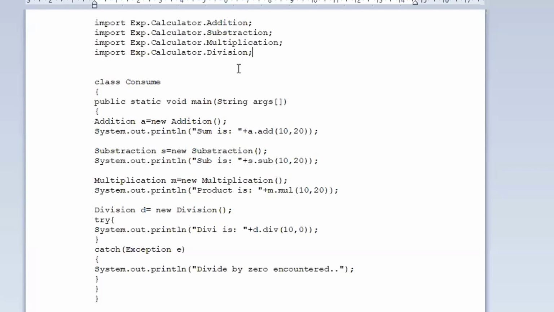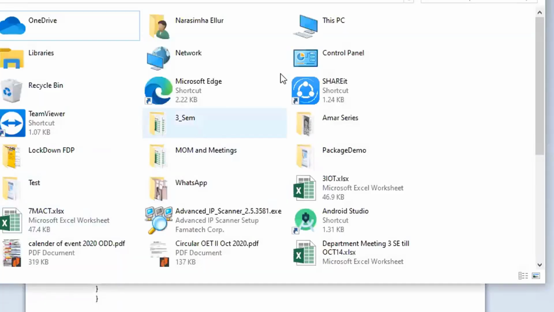With respect to packages, we need to discuss static import of packages, and it will be a lengthy one. I don't think a question will be asked with respect to static import. Okay, so one second, I'll show you a syllabus copy.